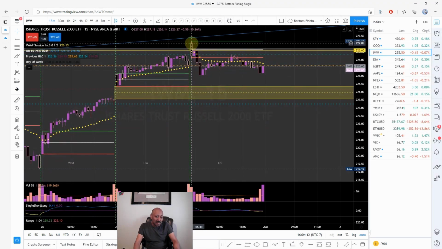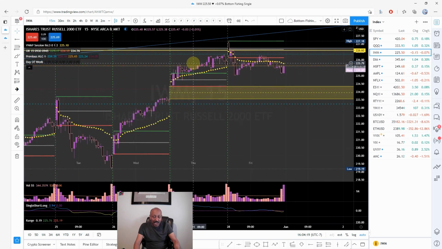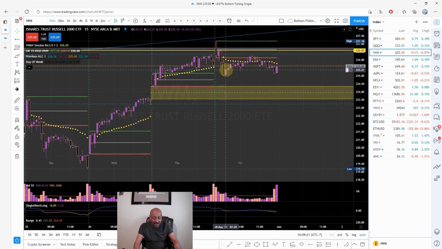IWM started strong. I was expecting it to continue to drive up, but what IWM did was it just went to the downside, but my headwind, not enough space. 226.12, 225.17, about $1 here. I could have taken a chance, but my first headwind is the close of yesterday. When I see the close of yesterday between my entry and my potential target, that's an area.